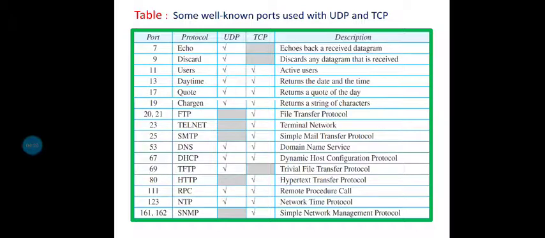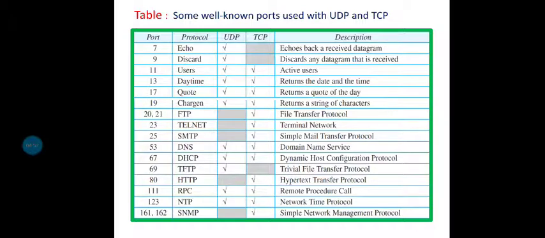Port number 11 is for users. We use this for the UDP protocol as well as the TCP protocol, and this is for active users. Port number 13 describes daytime, and that is applicable for the UDP protocol as well as the TCP protocol.